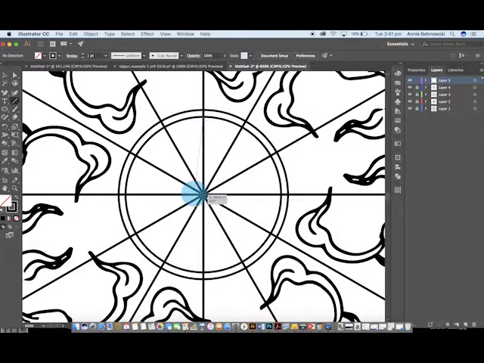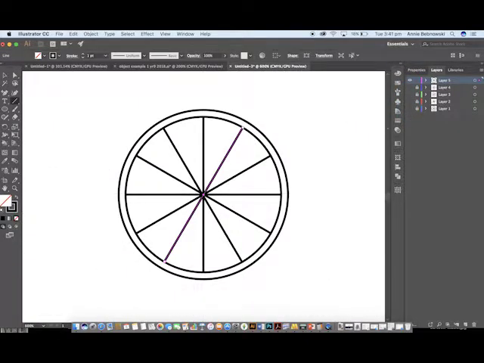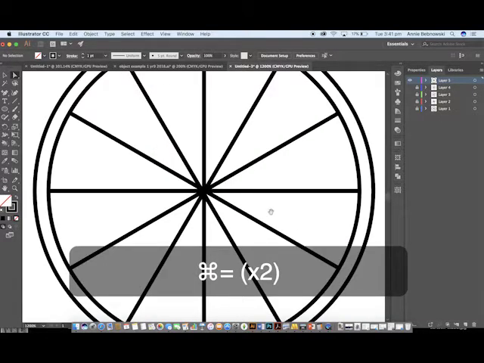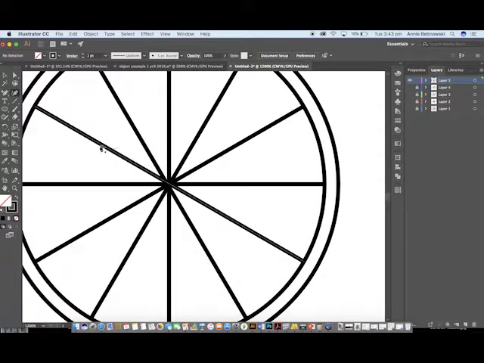So we need to draw those lines. I will just use the line tool, just really simply click and drag just to mark those up. And if we remove all those layers, we can see that those lines are going to be showing now on that layer. Just move this line a little bit because I can see it's a bit off. And now I'm just using the pen tool, clicking and dragging to draw a few lemon seeds just to make